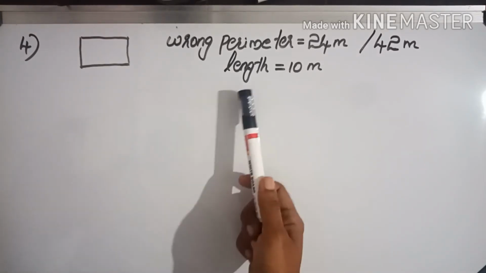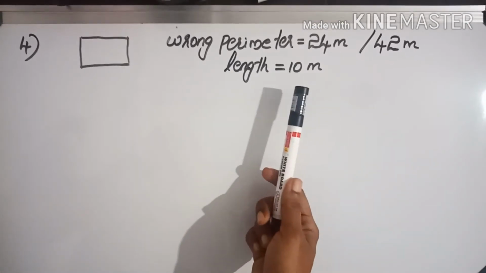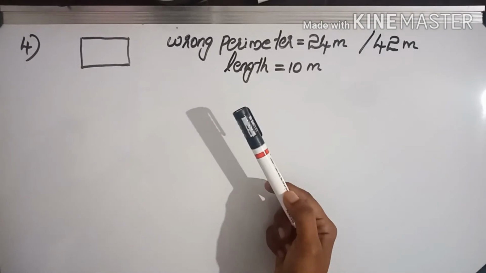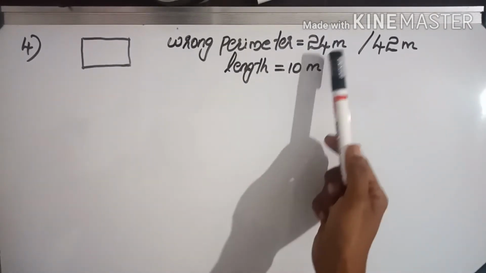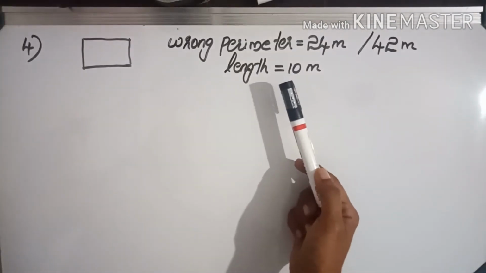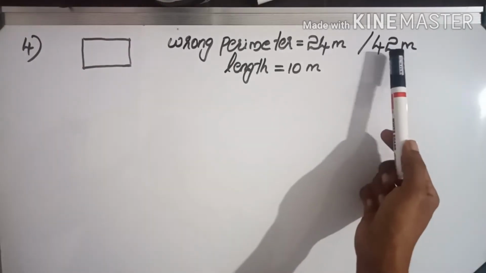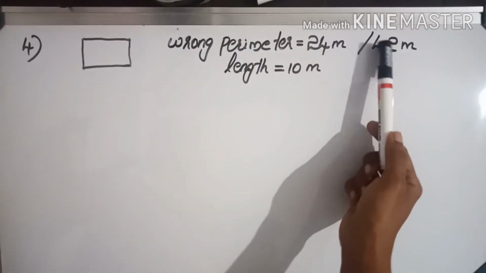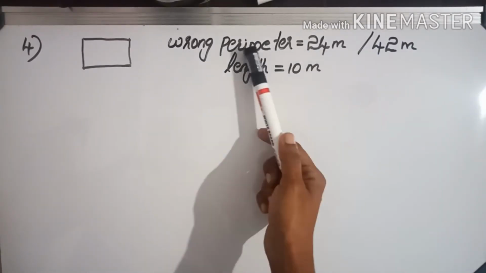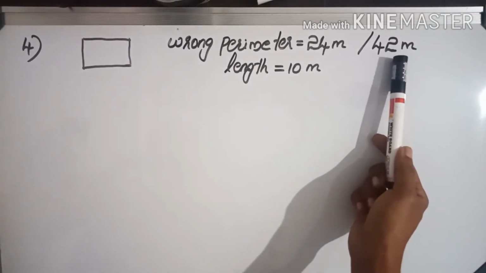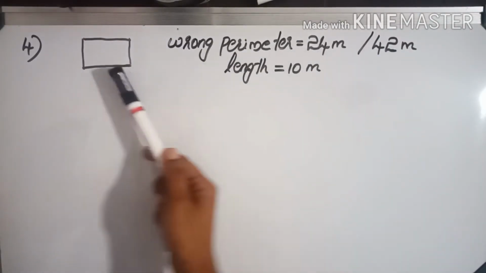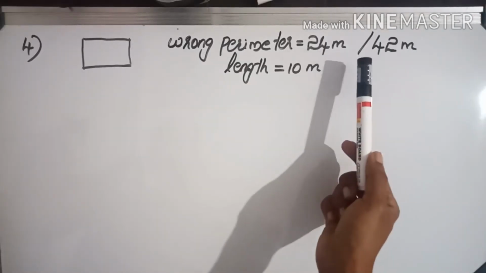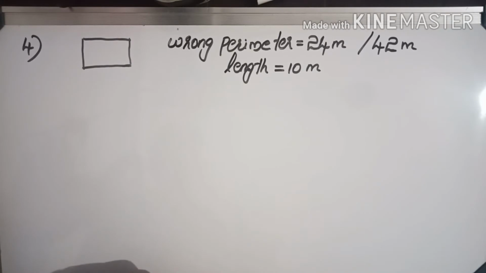Here the question is, what will be the area? There is no change in area. For both these rectangles, the area is the same. So by using this, first we have to find the area. Now one more thing is, if it is 42, what is the length and breadth of the original rectangle? That means with the perimeter 42. This was the wrong perimeter, this is the correct perimeter. So we need to find the length and breadth of the correct rectangle with the perimeter 42, and before that we have to find the area also.